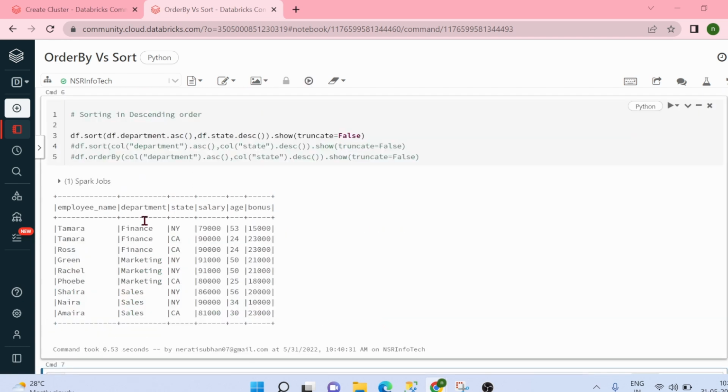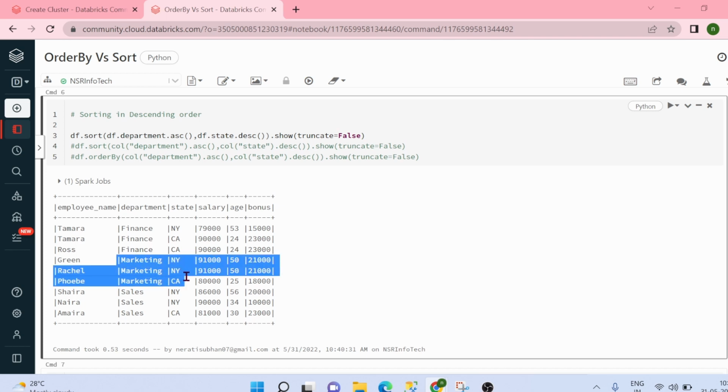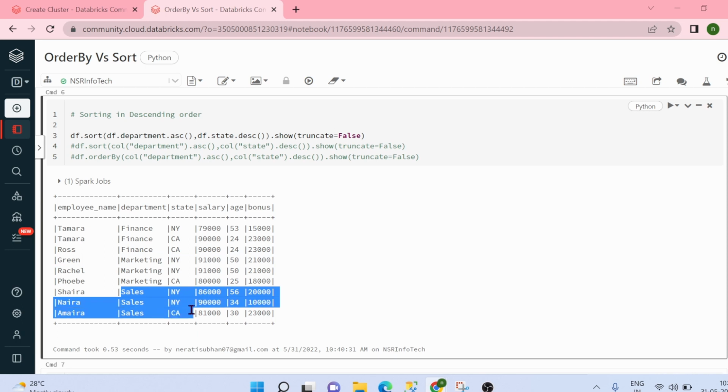See here, department has been sorted in ascending order and state has been sorted in descending order. So that is why N came first, then CA. So for this particular window, New York comes first, after that California. Similarly, N comes first, after